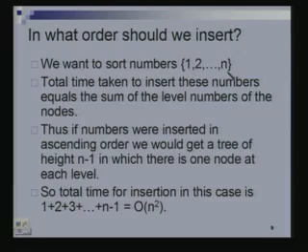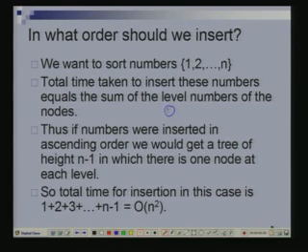So if I had inserted the numbers in sorted order, first I inserted 1, then I inserted 2, then I inserted 3 and so on, then what is the kind of tree I would get? Straight, only right. I would have 1 followed by 2 followed by 3, right, right, right. You remember that kind of picture. I would get a tree which looks something like the following: 1, 2, 3, 4, up to n.